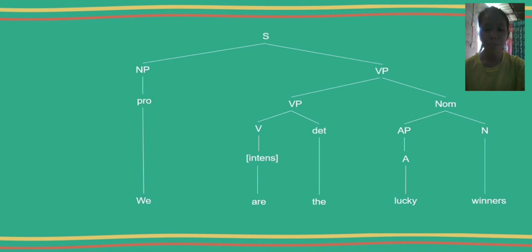"We" is a pronoun and it stands alone. So "we" is our pronoun and it is the noun phrase in itself. So let's connect the subject and the predicate. So we have here, as you can see, the diagram. The diagram shows